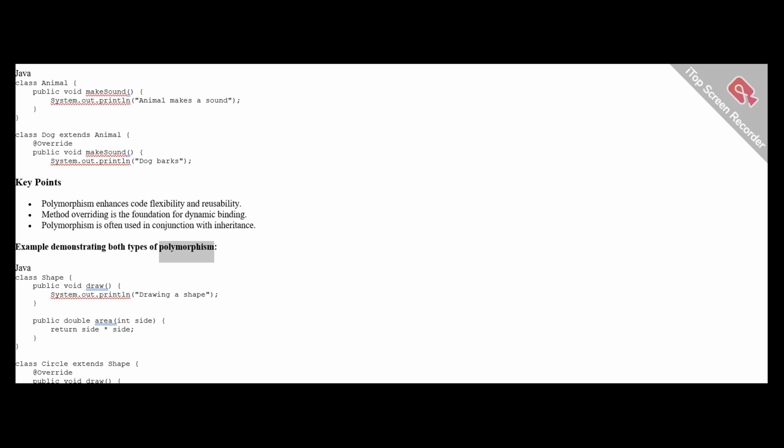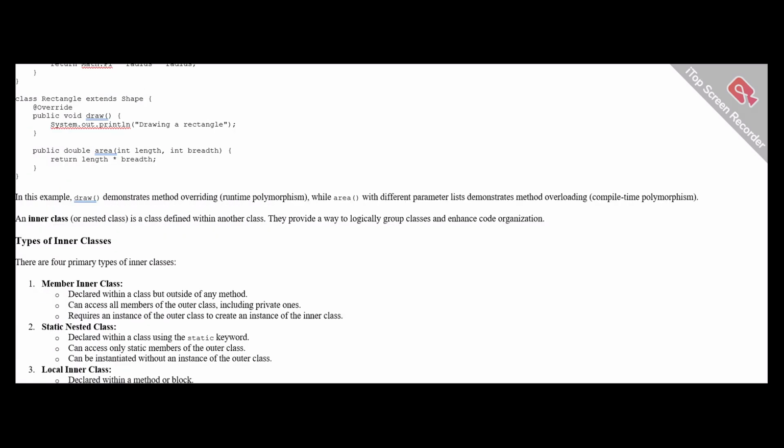Example demonstrating both types of polymorphism. Java. Class Shape. Public void draw() { System.out.println("Drawing a shape"); Public double area(int side) { return side * side; Class Circle extends Shape. @Override Public void draw() { System.out.println("Drawing a circle"); Public double area(int radius) { return Math.PI * radius * radius;